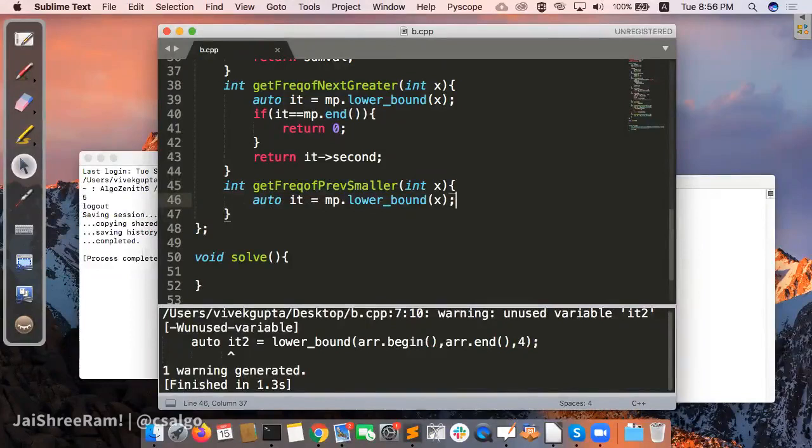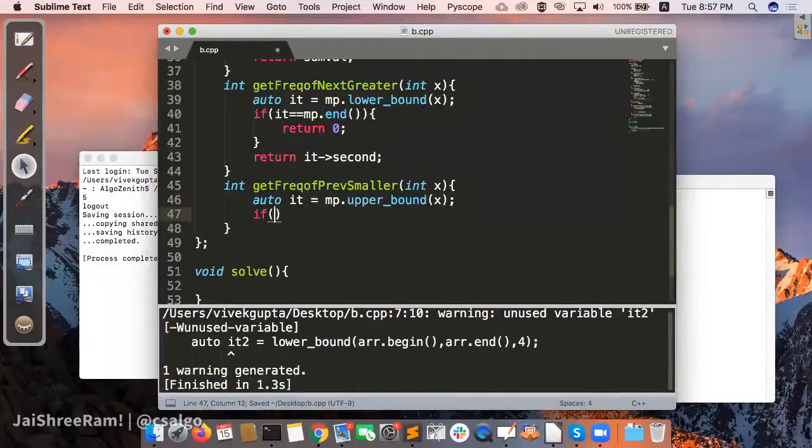Upper bound minus 1, right? So the same logic that we discussed in the previous problem. You want to find less than or equal to, right? So you go to greater than and then come back one step. To get to greater than, you use upper bound. So you can use upper bound to get to the element which is just greater than it, and then you can subtract 1. But don't do this for sure. This is wrong. Don't do this ever. Always, before subtracting from any iterator, you need to check whether you are already at the first element or not.